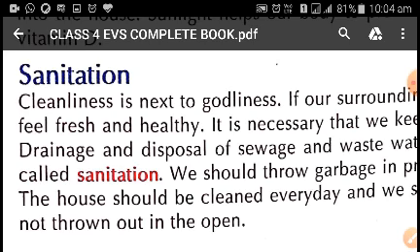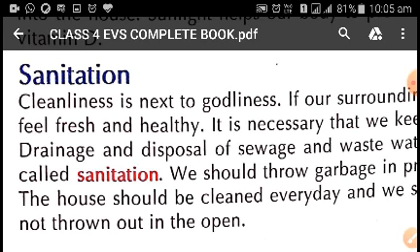And also we should be careful about the storage of water. The container or the vessel in which you store the water should be cleaned and covered, and there should be enough supply of water to keep the house as well as the surroundings clean. As we know, if we don't get enough supply of water, we will not be able to clean our body, our clothes or do all other cleaning work properly. So enough water supply is also very important.